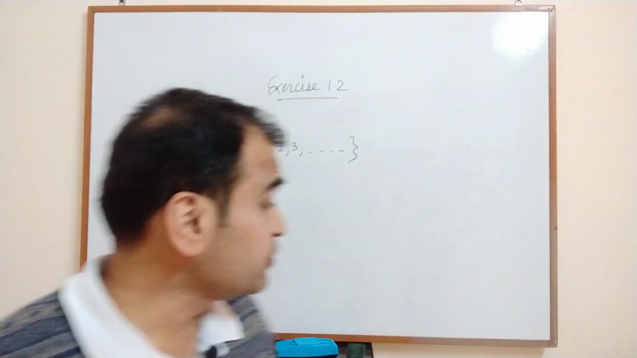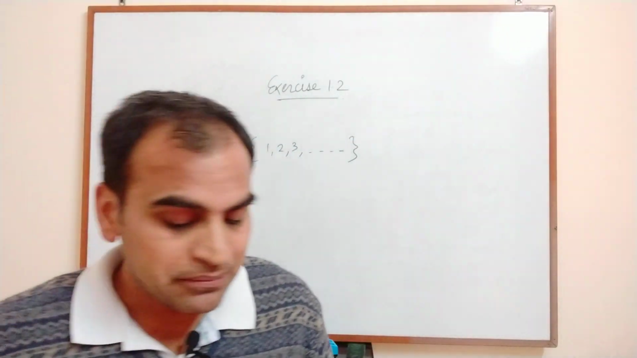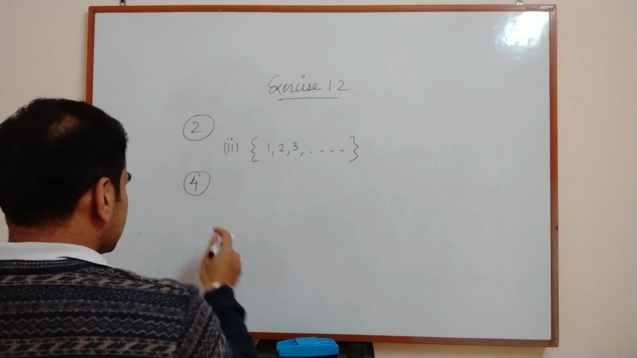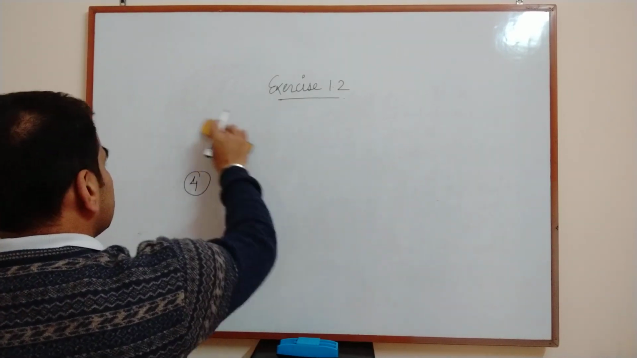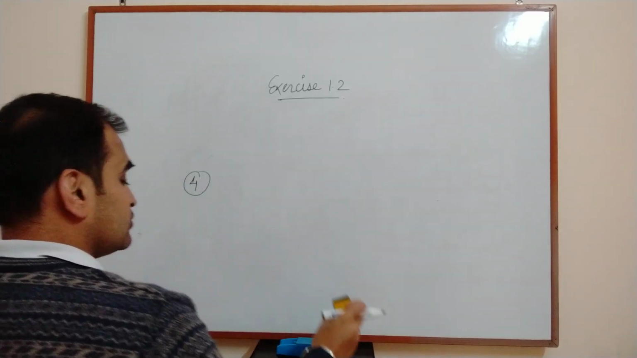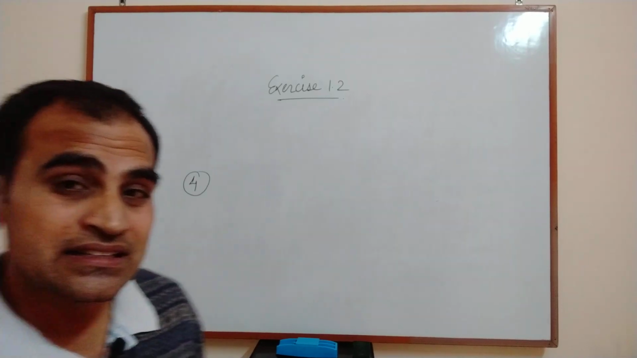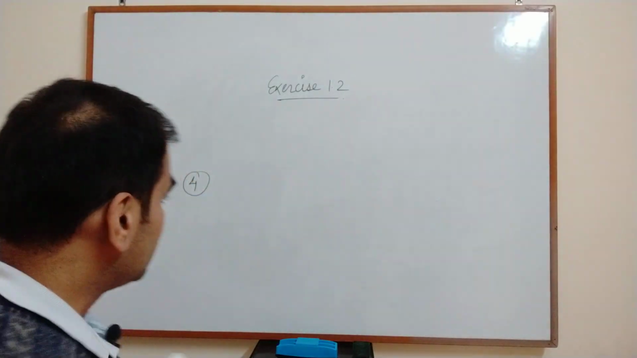Fine. Question number 4. In the following, state whether A and B are equal or not equal. This exercise is very easy, and in the fourth we have to check whether the sets are equal or not equal. Let me tell you again, two sets are equal if they have exactly the same elements. So in the first part